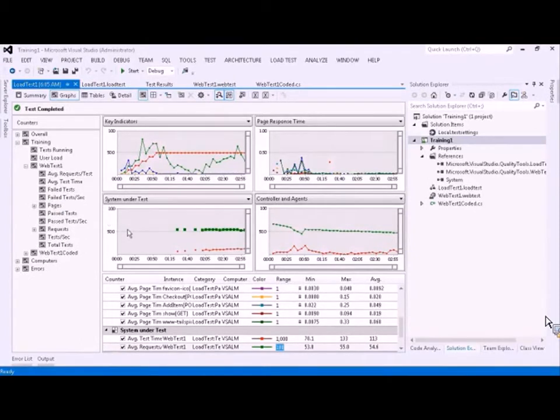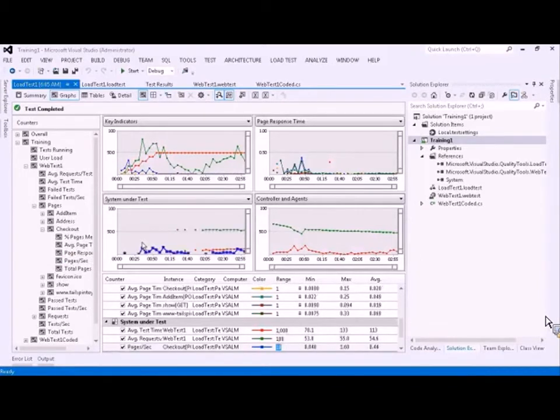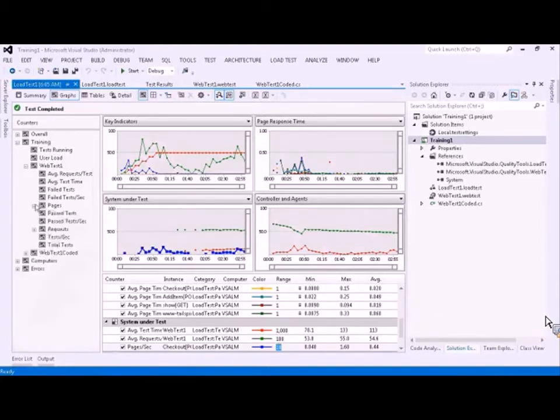I can't drag that one, sorry. We'll expand it and then find the bit that I actually want and then grab the part that I actually want and then drag it, and that will show us that individual counter. Now what we can also do,